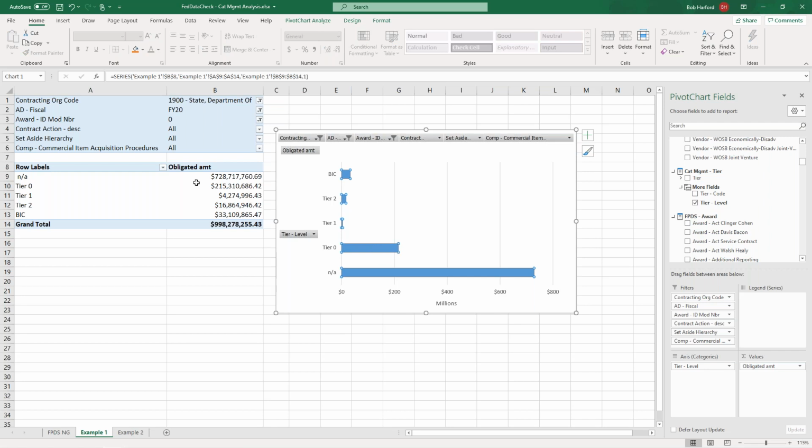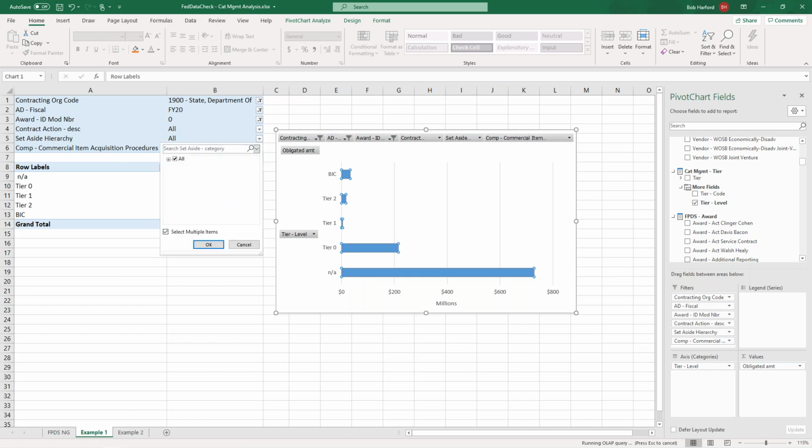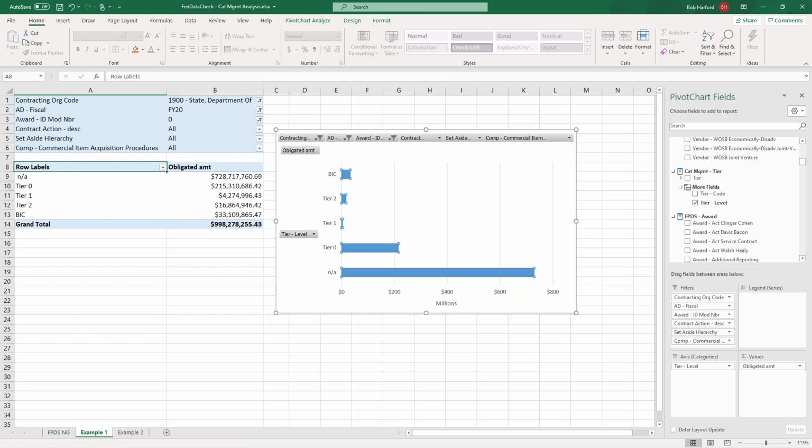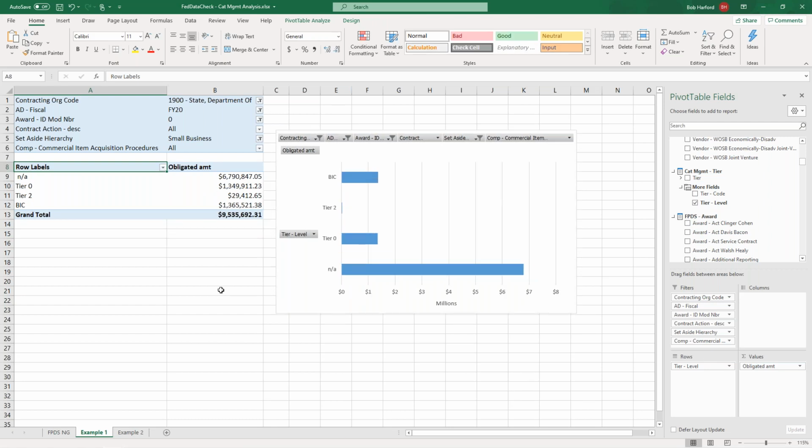Another advantage of using the Excel tool, and by linking this to FPDS and G, you'll notice that there is no set-aside information in the GSA acquisition gateway, but I can look at tier spend for small business set-asides. Tier 1 completely went away there.